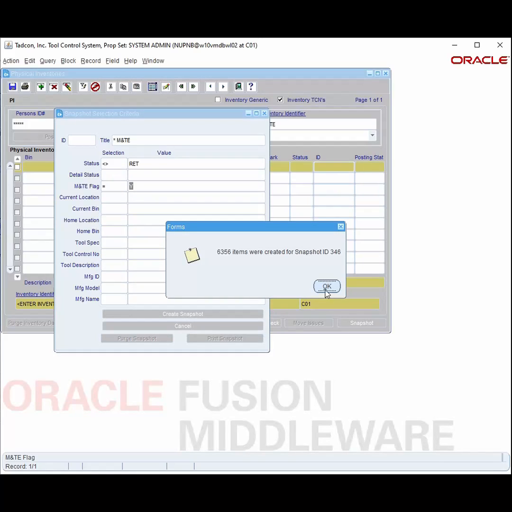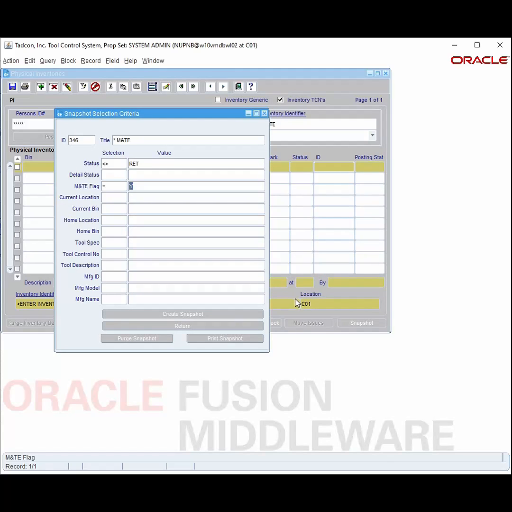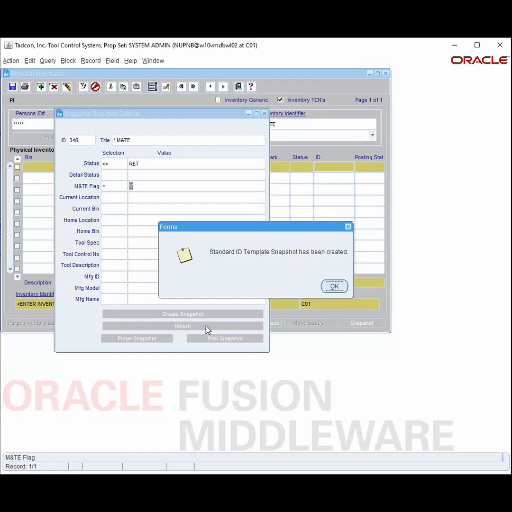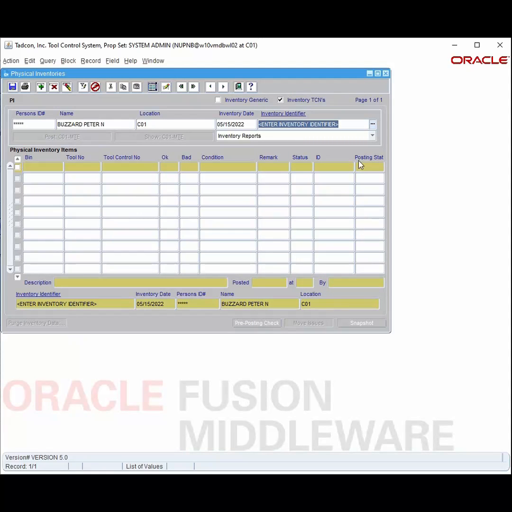A lot more items are picked up because we're no longer filtering on the current location, C01. Return. And now we're ready to create the standard inventory item ID for M&TE. So we put in M&TE,